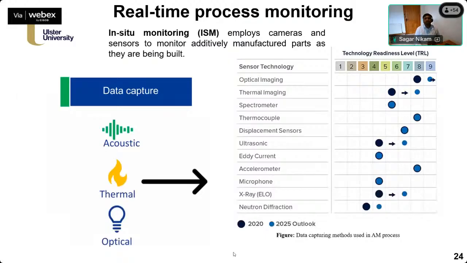But when it comes to monitoring, the sensors play a very important role. Again, if sensors are going to come in, then we need to understand their level of readiness. As I said yesterday also, it's not possible that every sensor is doing every job. There are some aspects where sensors are still not available for doing that job. In that case, we need to rely on other technology. For example, if you look at sensor technology, optical imaging, thermal imaging, and thermocouples are quite widely used. They are at a really high level of readiness and available for use in the processes.